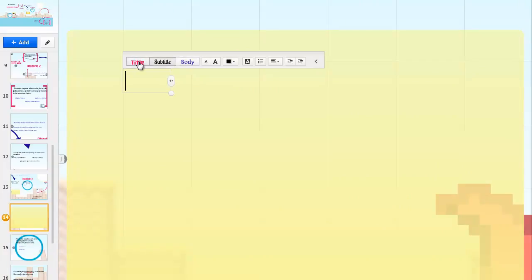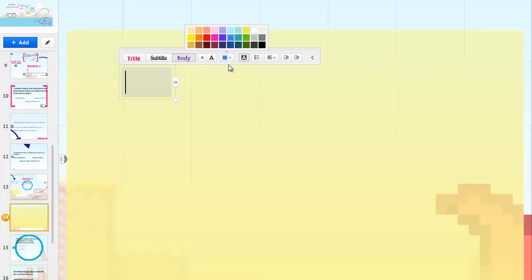As you remember, you can always have title, subtitle, or body as your text font, and you can change the color at all time. Let's do a lighter blue, make it big, and let's give a shadow box behind it. In this question, we want them to simply identify who this picture is. To do that, we can type in who is this,